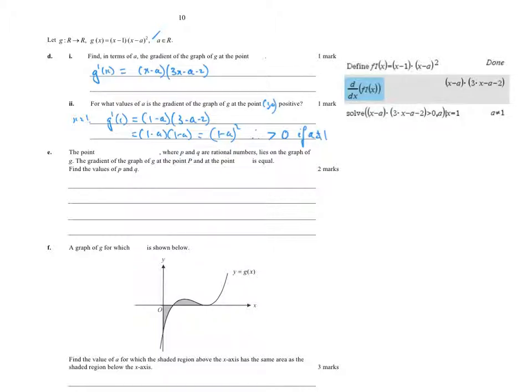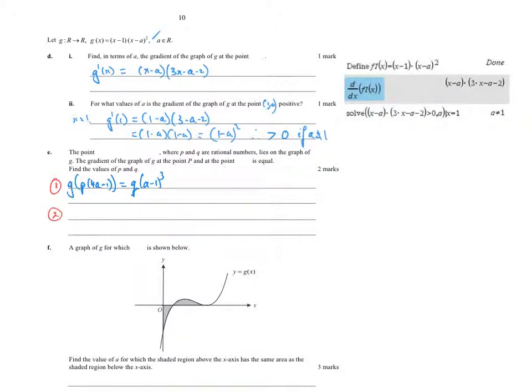So straight away, if the point P lies on the curve, that means g of whatever the point P is, so that's g of P, which is 4a minus 1, is equal to the y value, q times a minus 1 cubed. That's equation 1. Equation 2